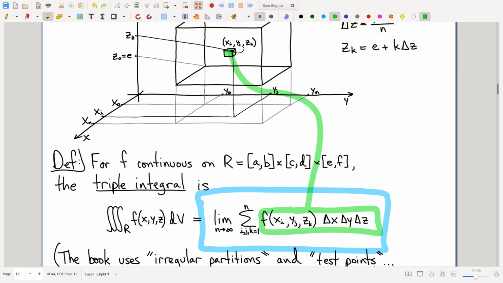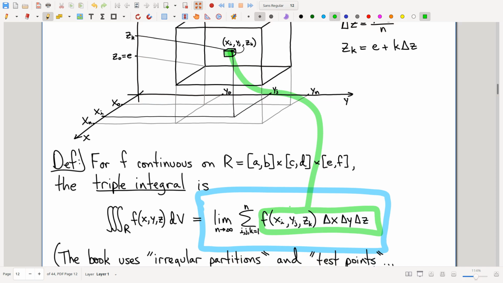Whatever the application might be, there's a ton of applications where on the little piece, the accumulating quantity that I'm going to be adding up will boil down to something times volume,